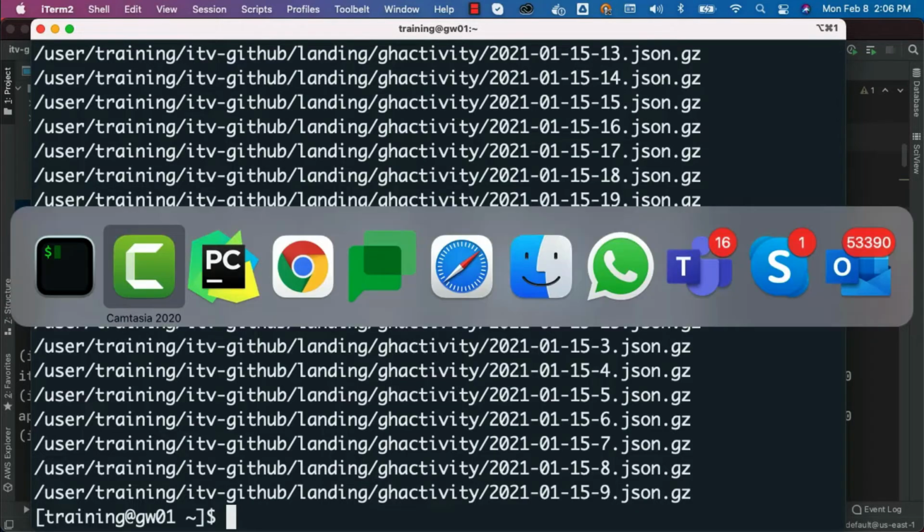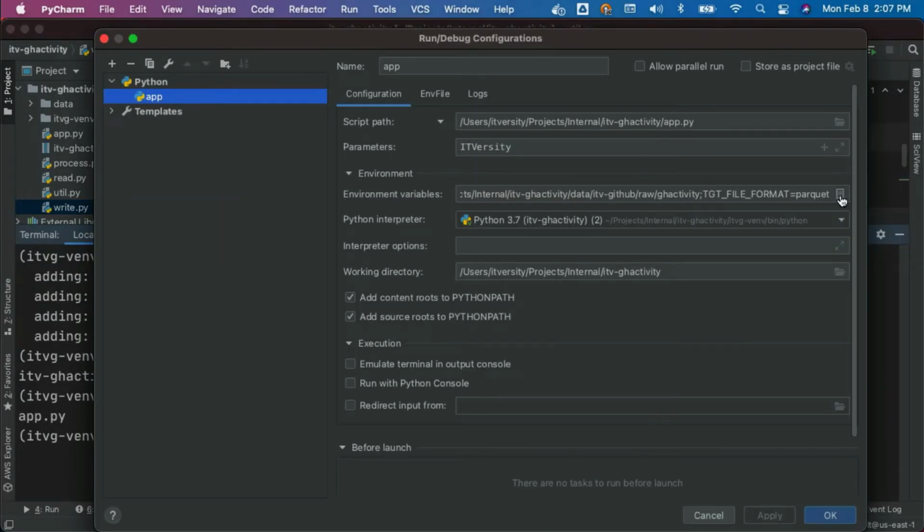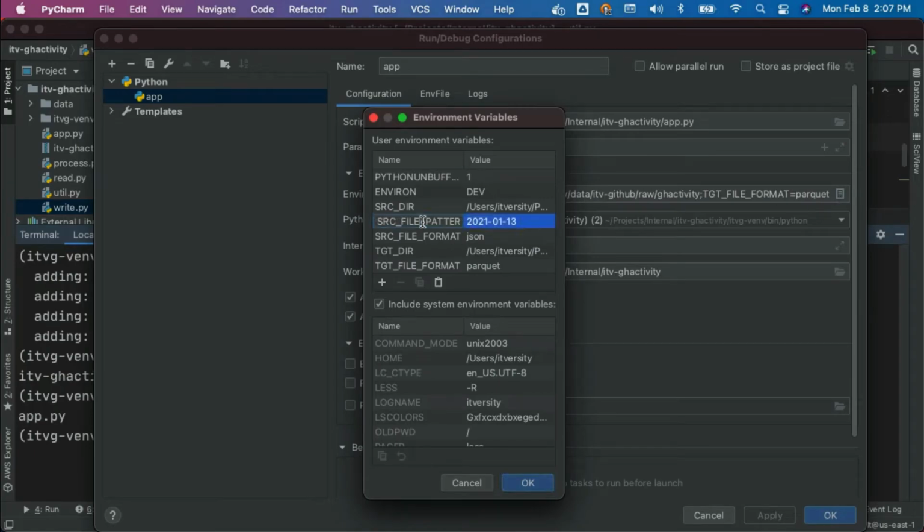To get the list of environment variables, you can actually go to PyCharm, go to edit configurations, and you should be able to review all the environment variables from here. So except this one, we will be setting rest of the stuff and then we'll be validating by setting this separately.